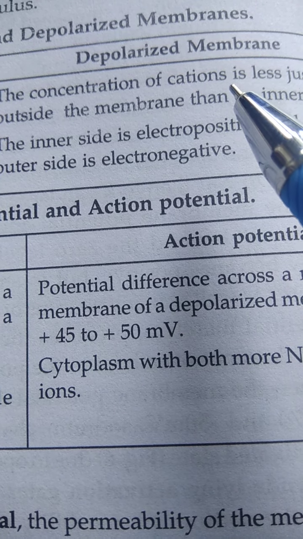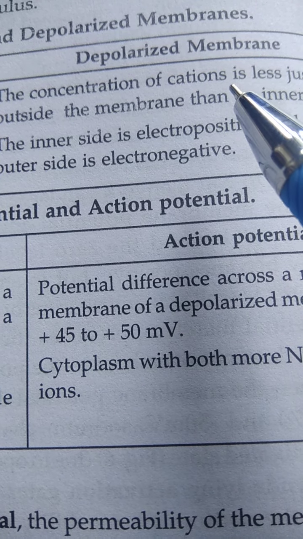So you can see here in this diagram also, which we have done yesterday. This is the repolarized or the polarized state where positive outside and negative inside was there. Here negative on the outside and positive on the inside. This is the depolarized state. The first is the polarized state, which is similar to the repolarized state. So in this way you'll know the differences also.